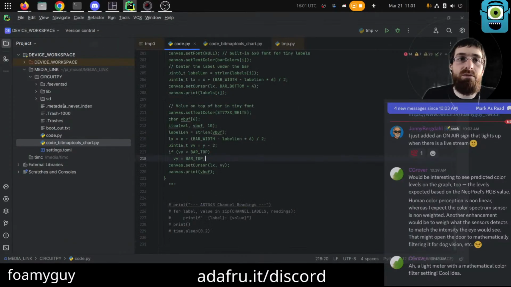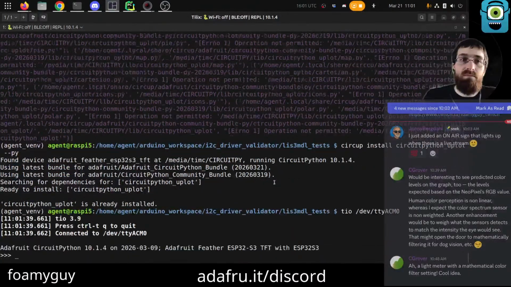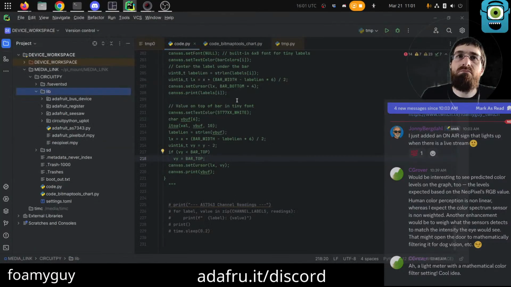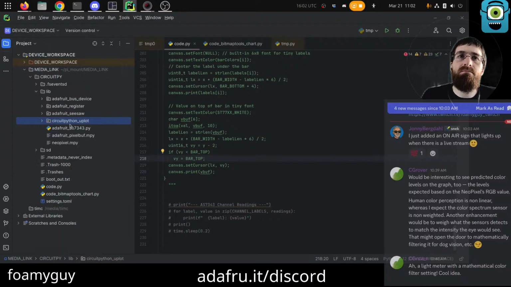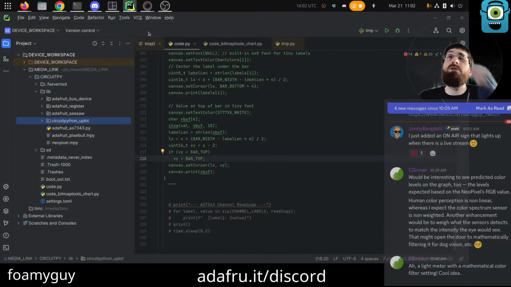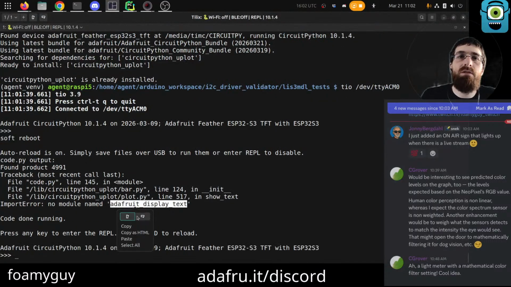Okay, that's a little what I expected, honestly, was that it would crash the first time. No module display text. Touché. It's interesting that it didn't install automatically. Must not be a requirements or something. Usually it will. Usually Circup will chain, right? Usually it will get you all the things that that one requires. But in any case, we can just